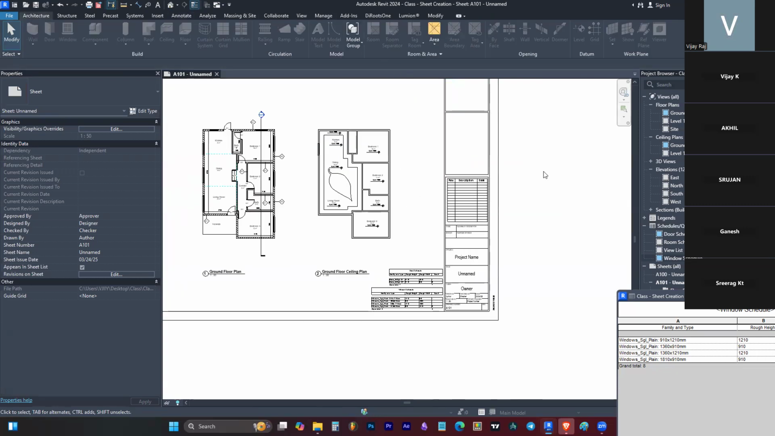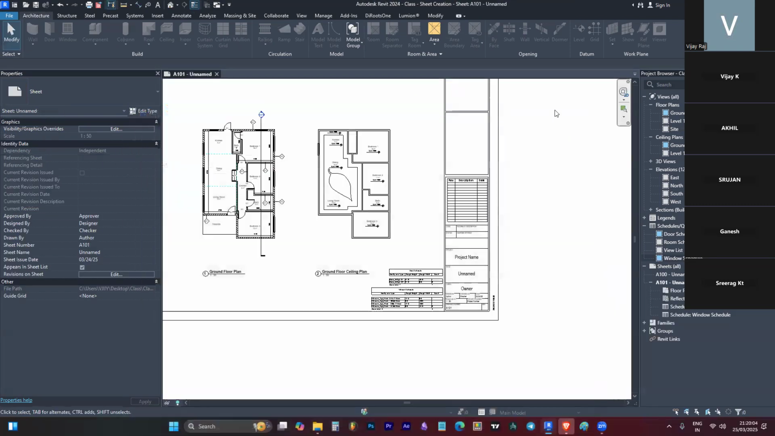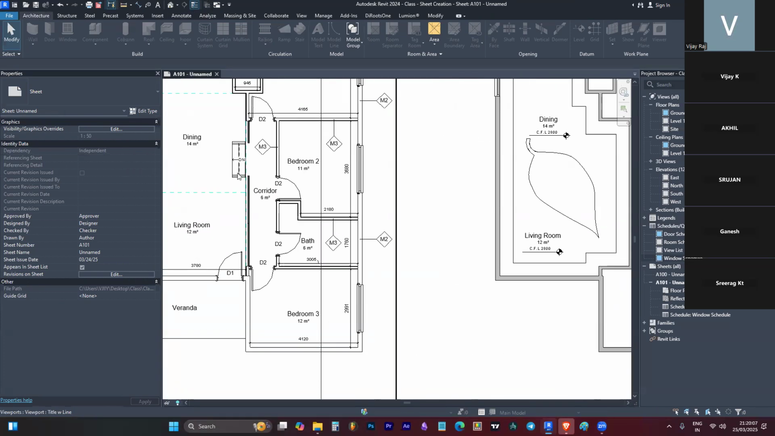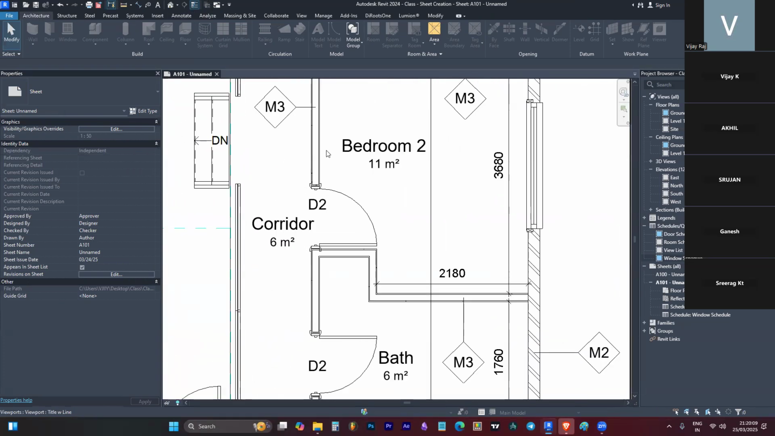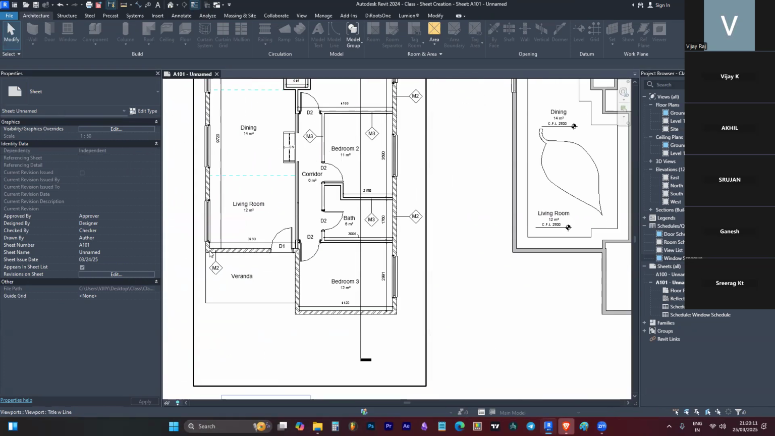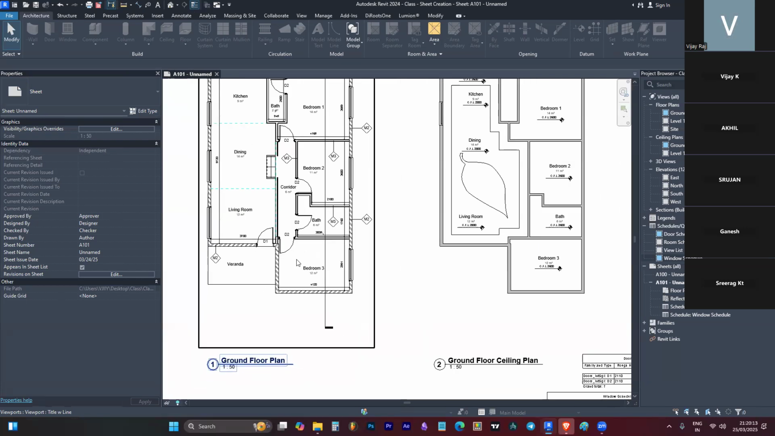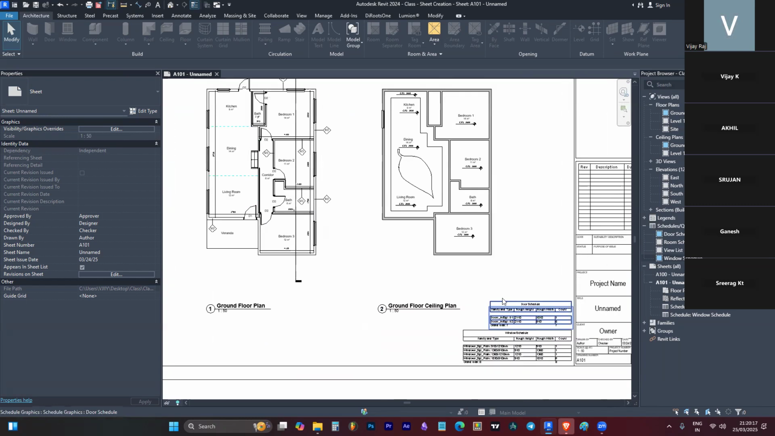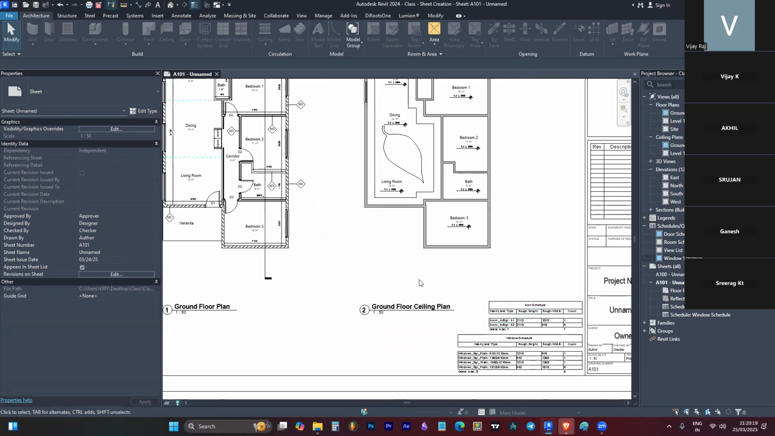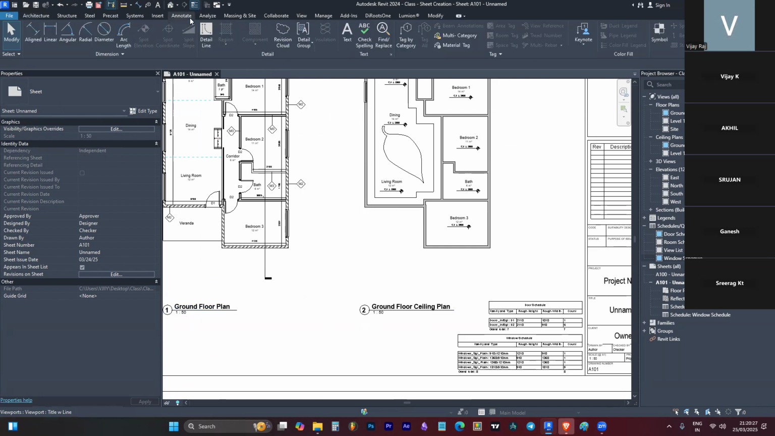Also, we can generate a number of schedules. You can generate different kinds of walls and wall length, wall area, types of walls. Also, you can incorporate it, and you can create room schedules. Room schedules you can get from